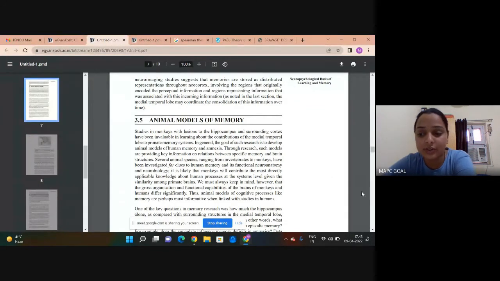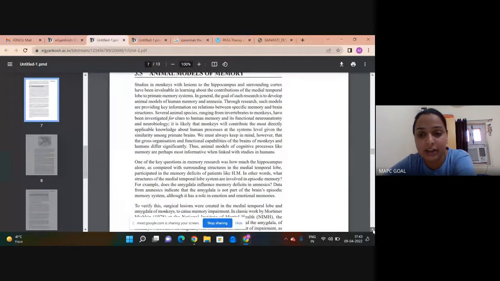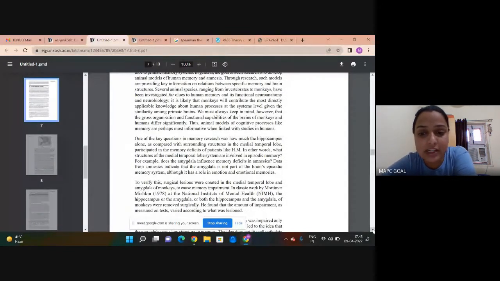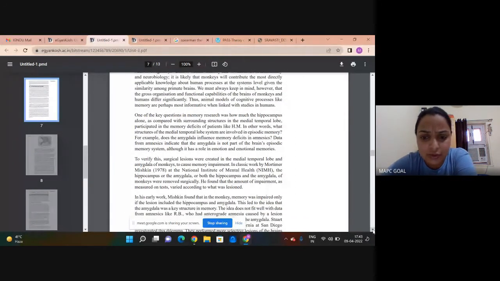Even this unit says that there are various kinds of research that have been done. Like I mentioned in the previous class also, we have a very limited number of case studies with regard to brain areas. An extensive study has not been found on brain regions and brain areas particular to human brains, right? So that is why we have different studies that have been done on animals. We have an institute, the National Institute of Mental Health. Not in India, but we do have this institute. In India, we have NIMHANS. So in 1978, Mishkin, the researcher, tried to understand